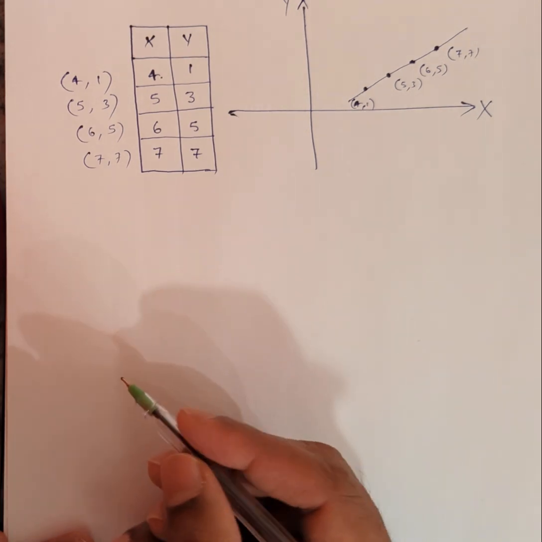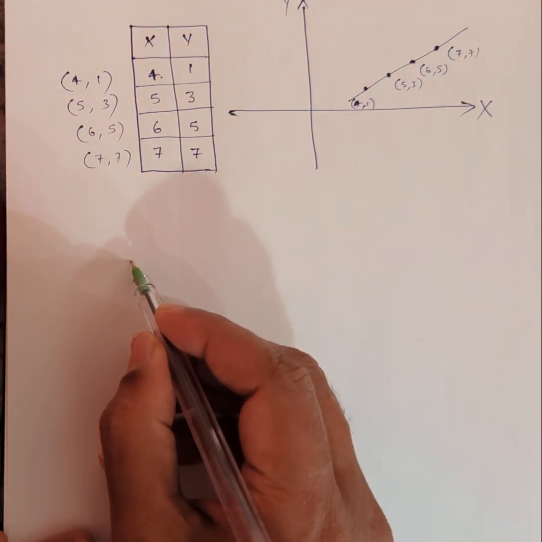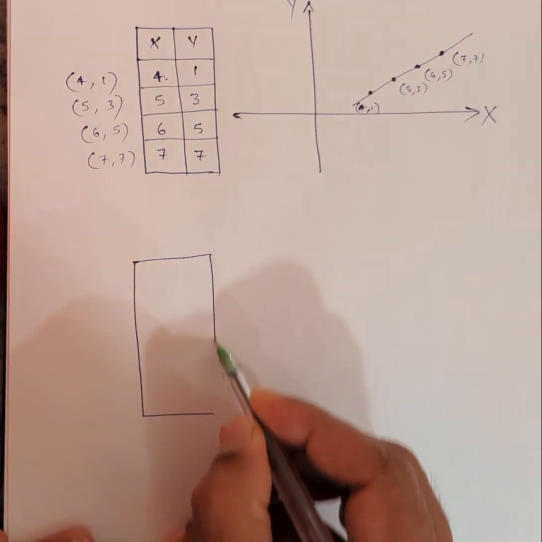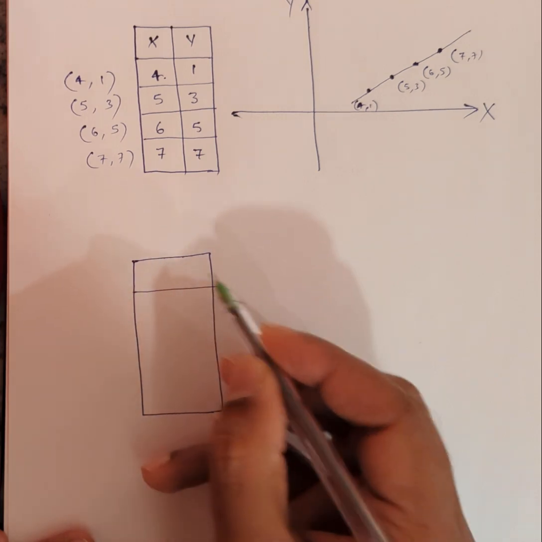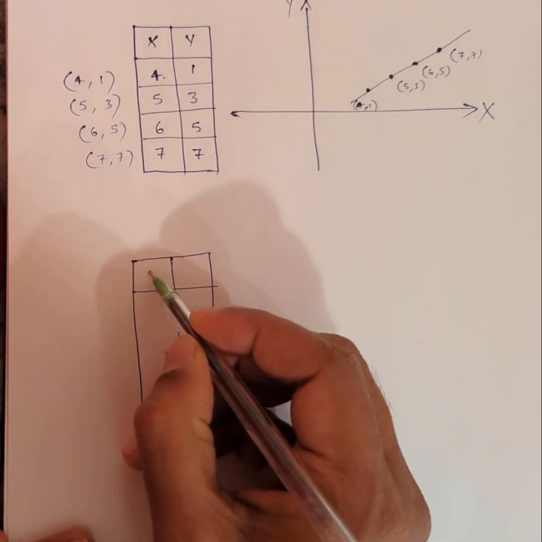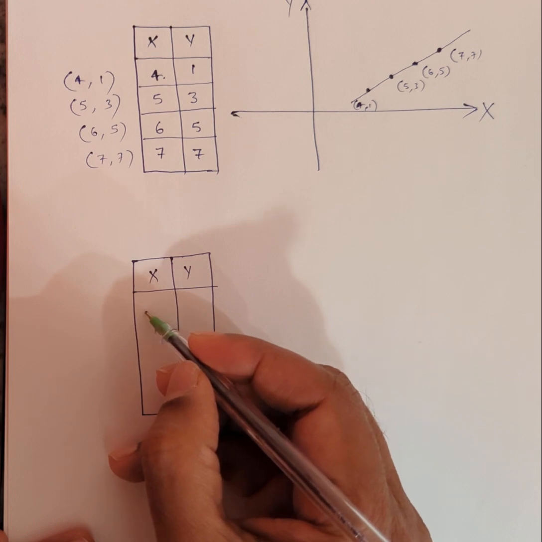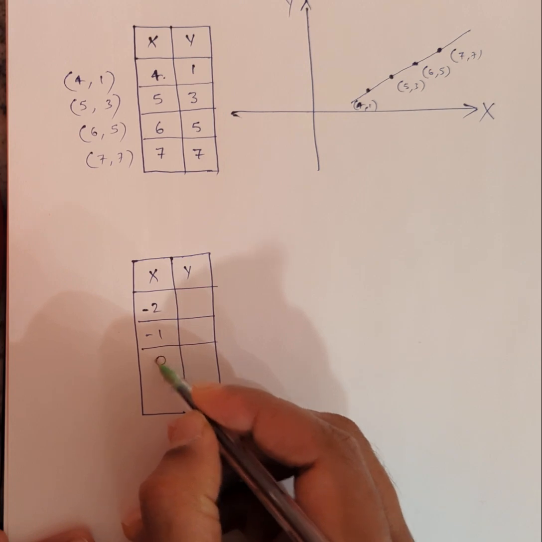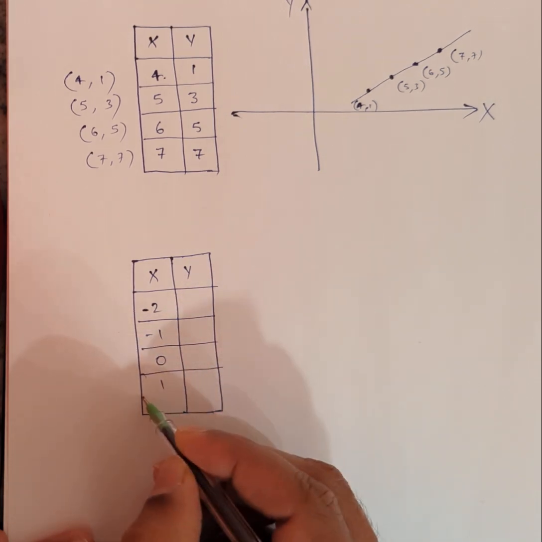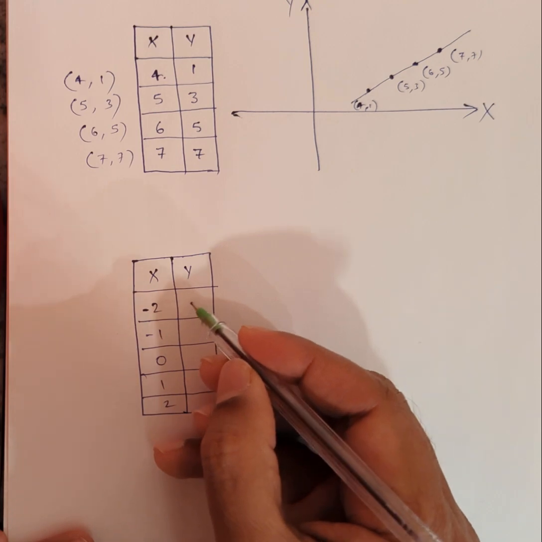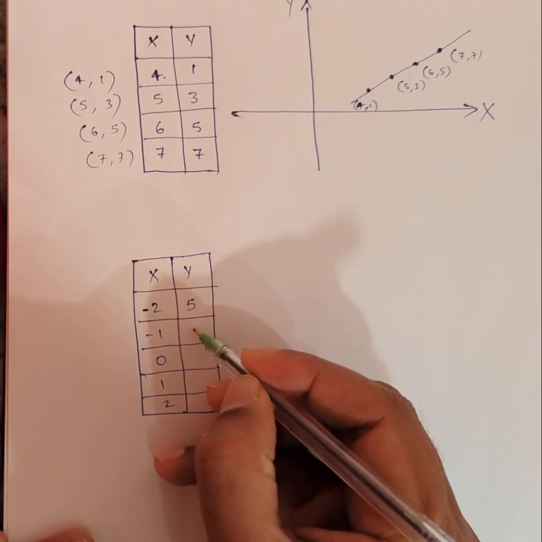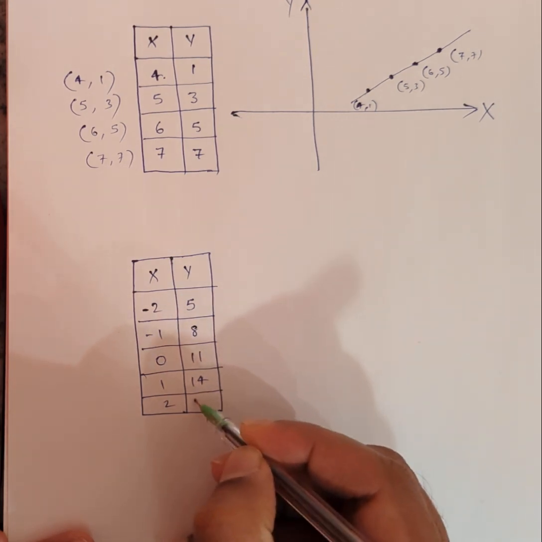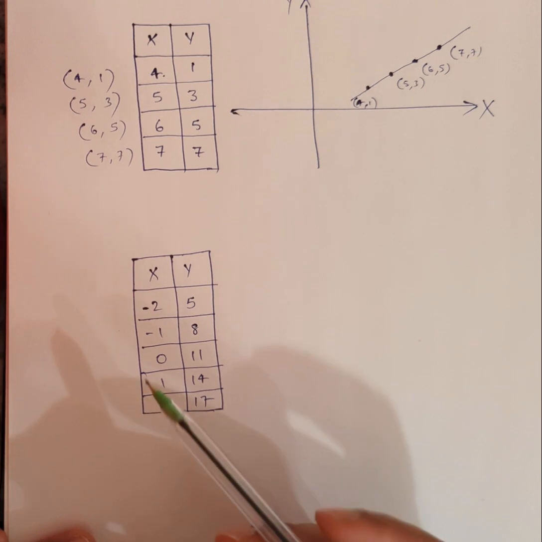Now let's look at one other example. So this time, what I'm going to do is give you data which goes maybe like this: -2, -1, 0, 1, and 2. And say this is going 5, 8, 11, 14, 17. So again, you might notice